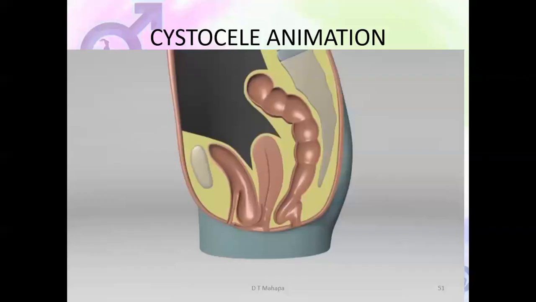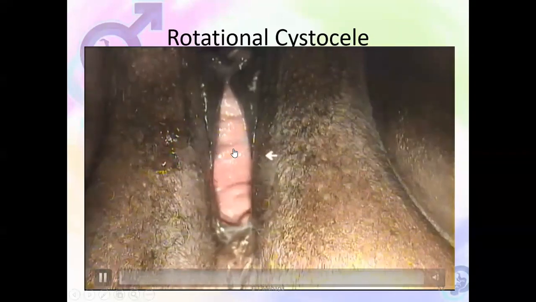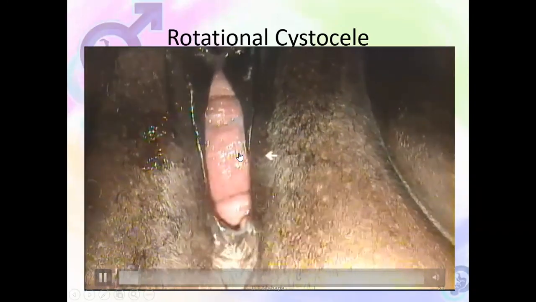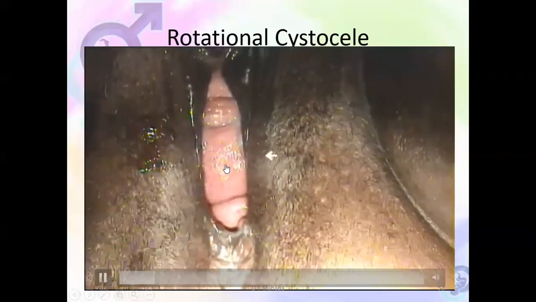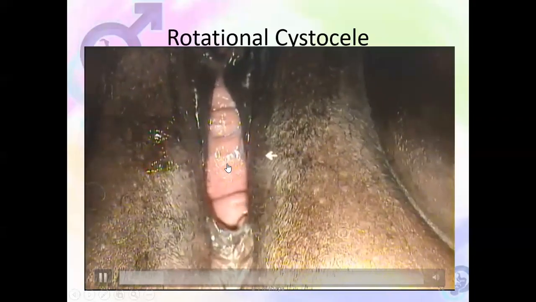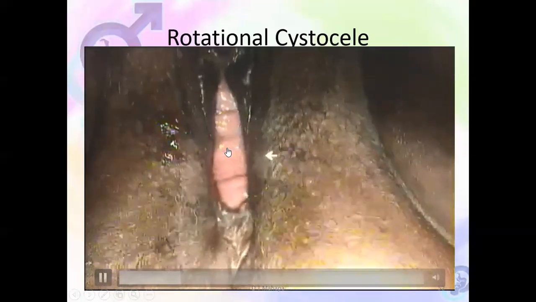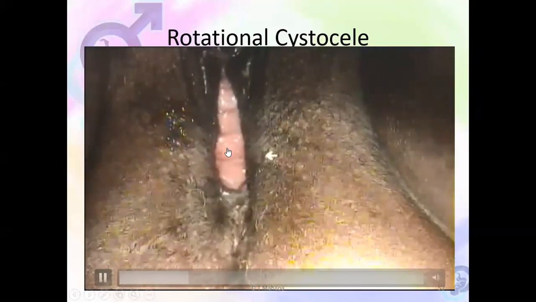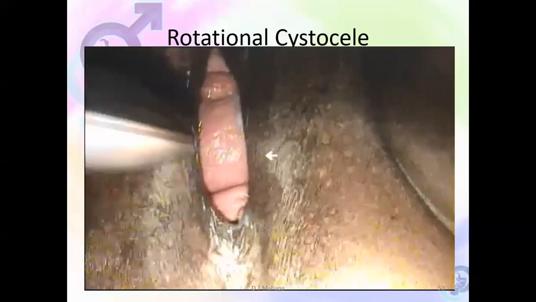Although it's sometimes very difficult for women to differentiate which organ that is, on examination, the examining doctor can easily see that. When you look at this woman, she has got a rectocele and a cystocele, but the predominant damage is the bladder that bulges as she pushes. The bladder damage usually doesn't come alone. If it comes with a rectocele, definitely you're going to have occult urinary incontinence.